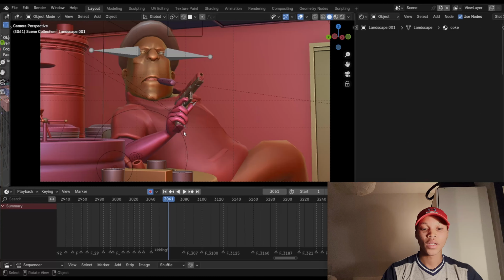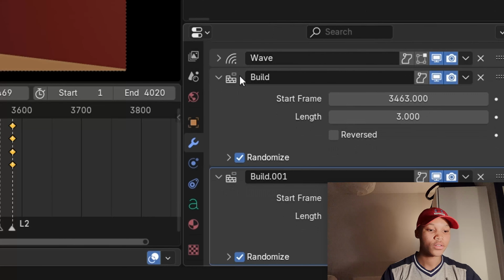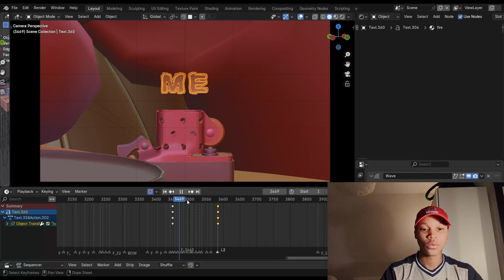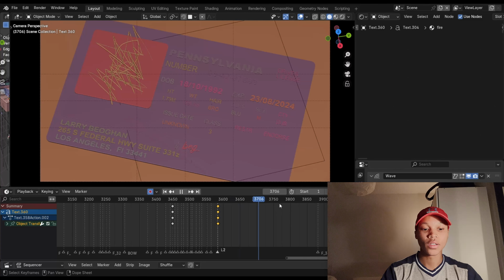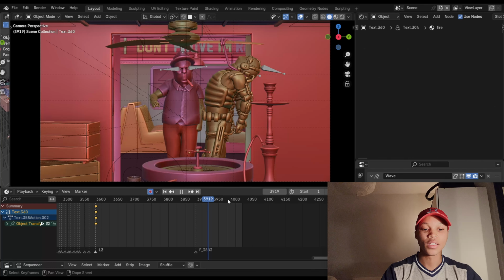So the dice, I just made them with booleans. The "please" was obviously text, and then I just converted the text into a mesh and then made it into a boolean, and that was that. Nothing too interesting here either. Both this text and the previous one, the one that said please, please, please coming out of the little pipe, I just used wave modifiers to make it, which gives it a cool little effect. Same thing here with the bullets, just booleans. Driver's license is just a driver's license with a mysterious unidentified man. And that was pretty much it for this scene.